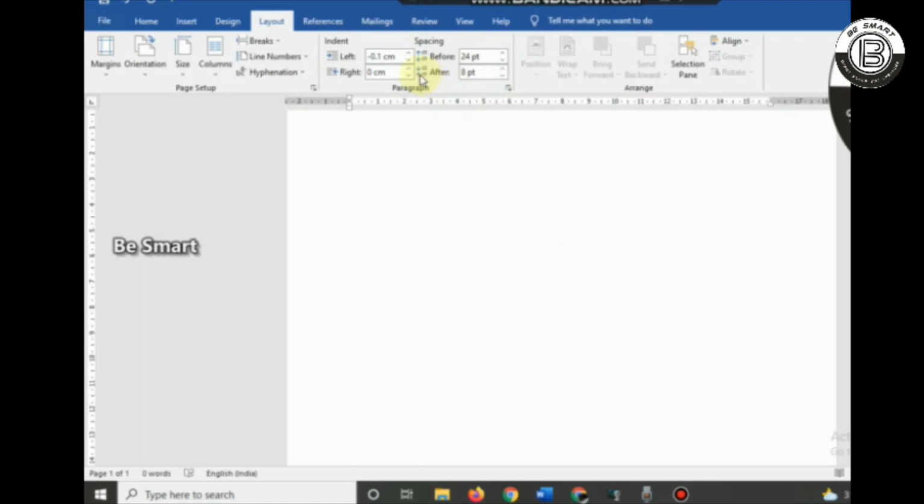Indentation. Indentation is a main concept for the page layout setup. Here, see, the left indent is for the left margin space and right is for the right space. Now I am increasing the left indent space. Now the left margin space is increased. If I decrease it, the margin size decreases. And similarly for the right also. See, I have increased the right and it moved to here, and up to that only we are able to type.